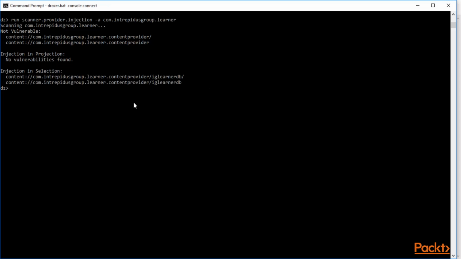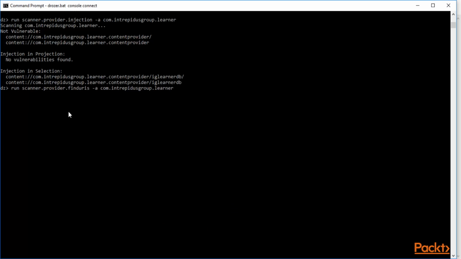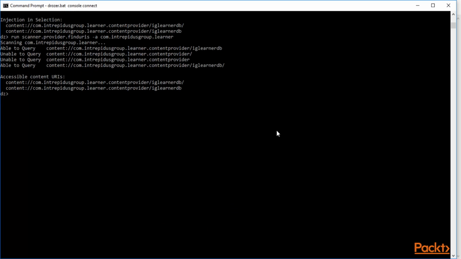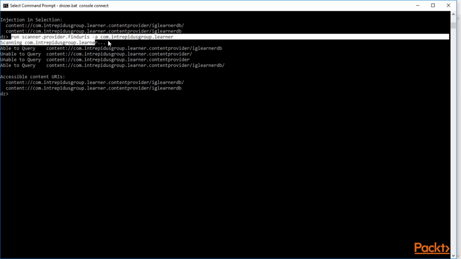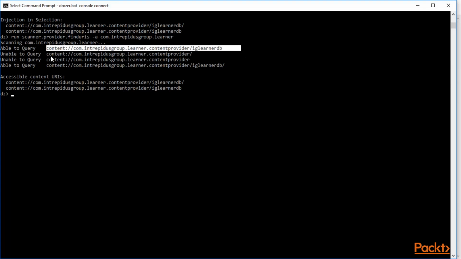Now let's try the next one. Paste it here and hit enter. You can see this is basically scanning this particular package: able to query, unable to query.